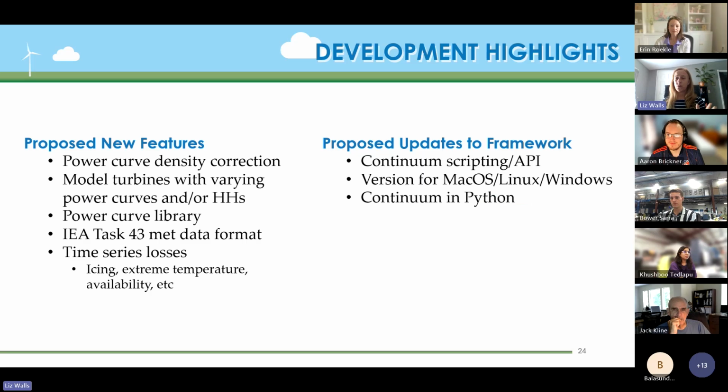Okay. Well, we only have about 11 minutes left in today's hour, and we're excited to get all of your feedback on what development highlight or what future features and future of our framework of the software, what you want to see. So I'm going to go over, I think, 5 or 6 proposed new features that Aaron and I have talked about. And as I'm doing this, if you could open up the chat, Aaron will be typing in the